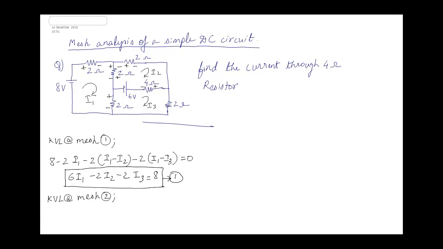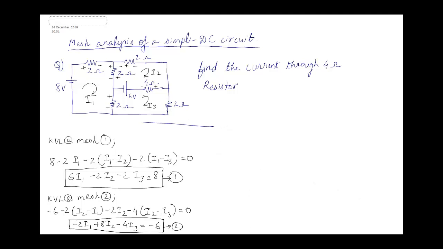So this is going to be minus of 6, so I can write minus 6, then minus of 2 times I2 minus I1, then minus of 2 I2, then minus of 4 I2 is equal to 0. This we can rearrange and write the equation as,